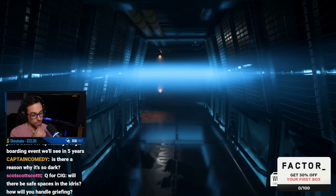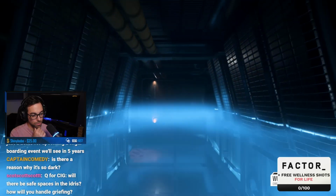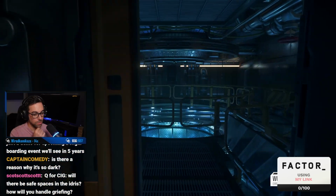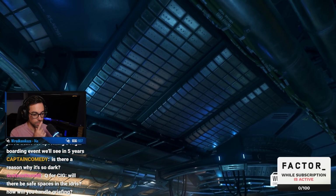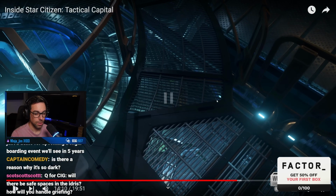Decontamination area before you get into what would be the engine room. Oh, cool. Very different feeling, like we talked about, compared to the rest of the ship. Yeah, it's the thing with Aegis, we sort of looked at a lot of real-world scientific